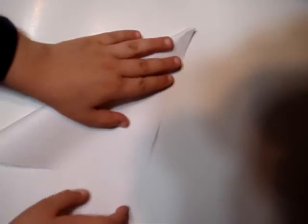So today what we're gonna be making is a ninja star made only from these two sheets of paper, as you can see. So what you're gonna start off by doing is make sure it's in the long way. This is just regular printer paper. Make sure it's on the long way, and then just get this corner on the edge so that it can make sure that this corner is perfectly like it's a triangle. So just do that